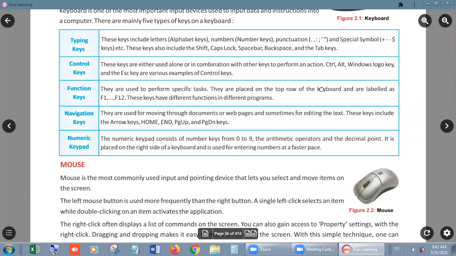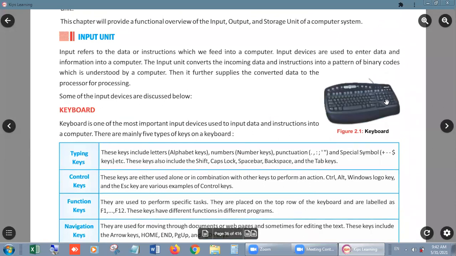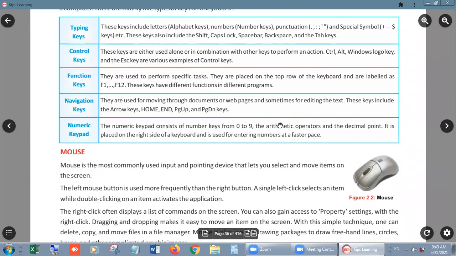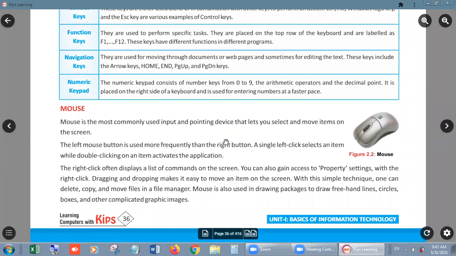And the next is the numeric keypad. The numeric keypad is on the right hand side of the keyboard. It is a separate keypad, used to type numbers. We can type numbers from two areas in a single keyboard. Number one, the separate numeric pad, and number two, just above the alphabet keys we have number keys also. So that was the explanation of the keyboard, which is a very important input device,